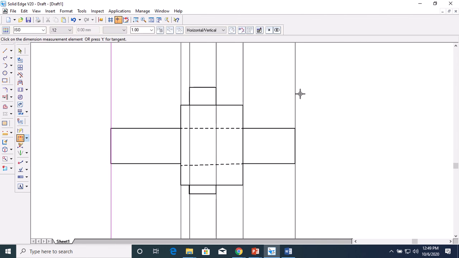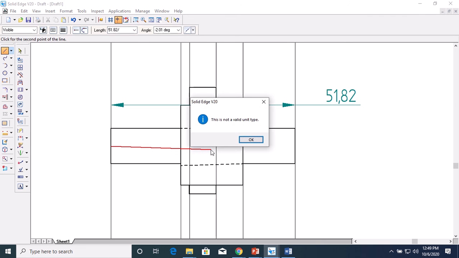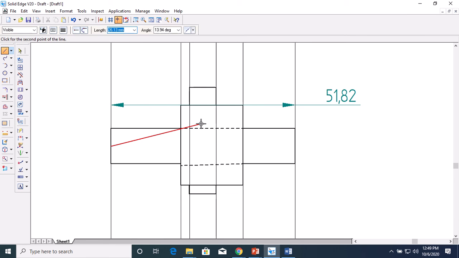So this one and this one, so it will be 51.82. So half of that will be required line, 51.82, half of that, say here 51.82 divided by 2, that is the required dimension. 51.82 divided by 2 at 0, this is the required dimension. So this is the center.